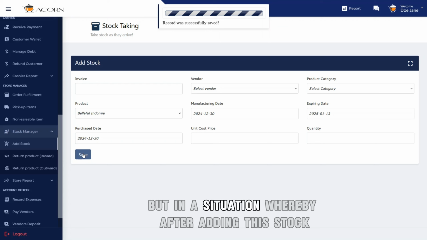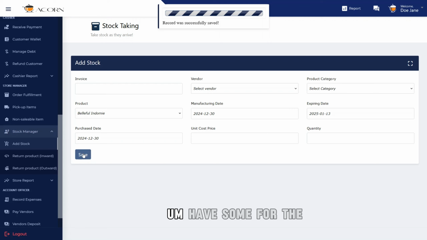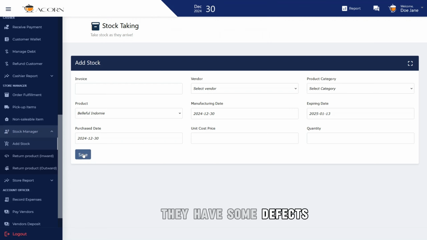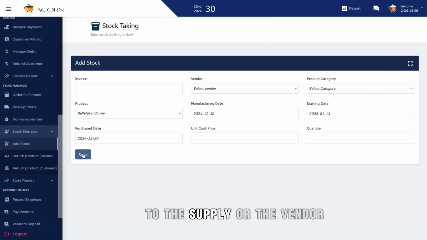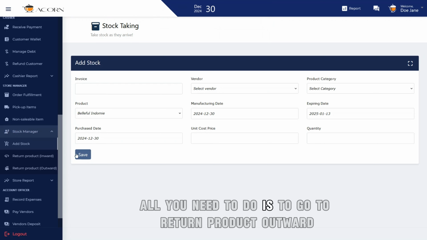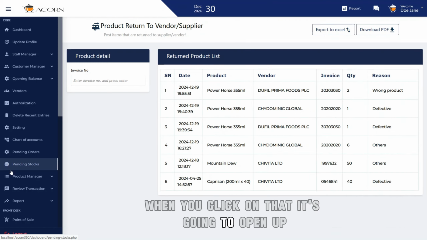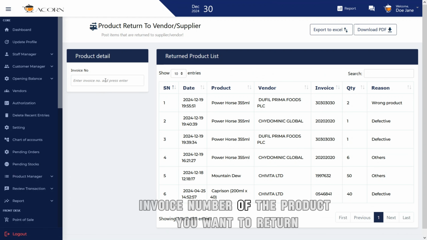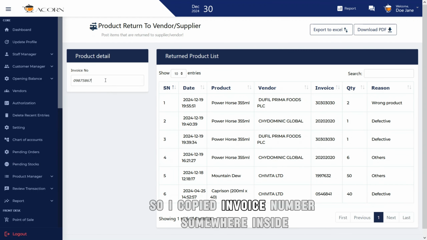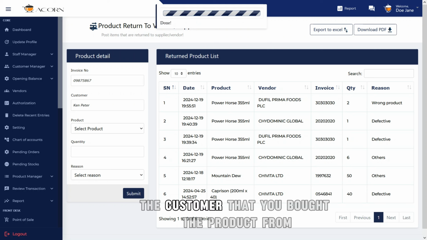But in a situation whereby after adding this stock, you find out that some of the products that you added had some fault, they have some defects, and you want to return them to the supplier or the vendor, all you need to do is go to return product outward. You click on return product outward. When you click on that, it opens up a place for you to enter the invoice number of the product you want to return. So I copied the invoice number. When you enter it and press enter, it loads the information,